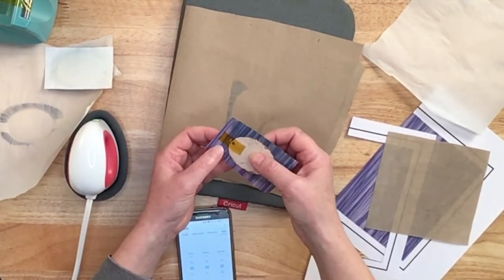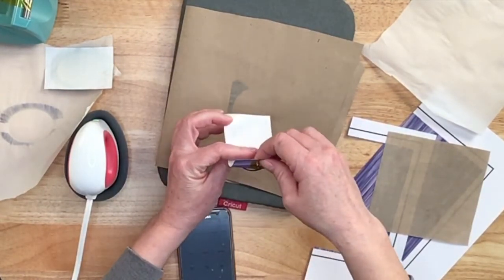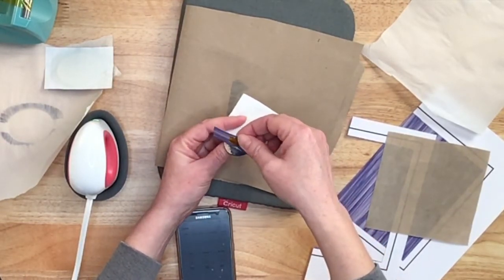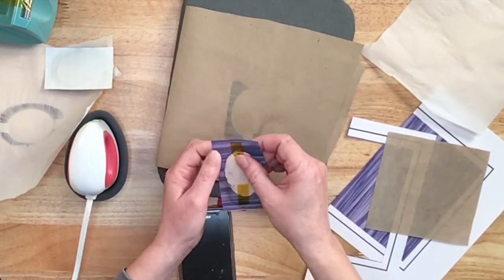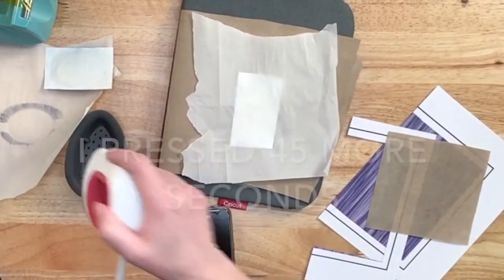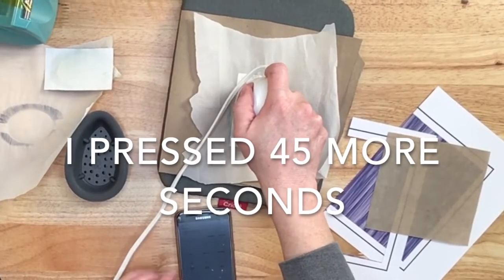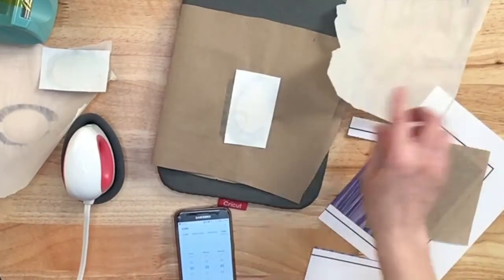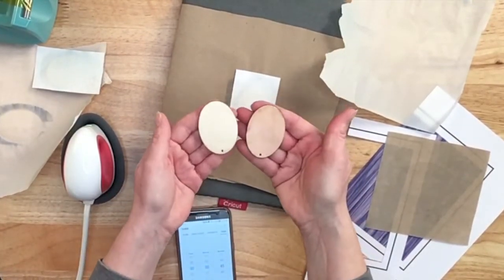Okay, I'm going to try just to peel it back a little bit so that I can see if I need more time. Well, I can see that I didn't have my heat press over the whole thing. That is one of the benefits of a traditional heat press or using a larger Cricut press. Okay, I'm just going to let that cool off, and then I will do the same process with these two